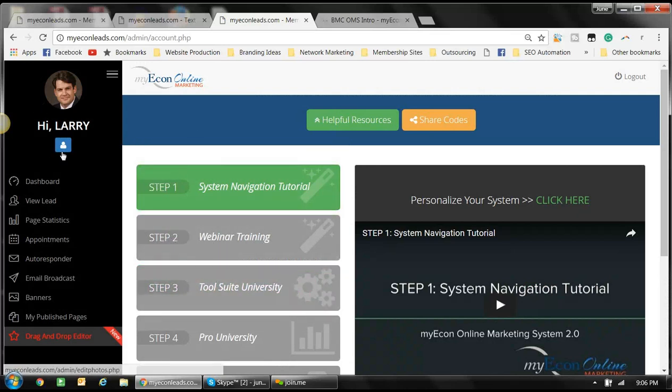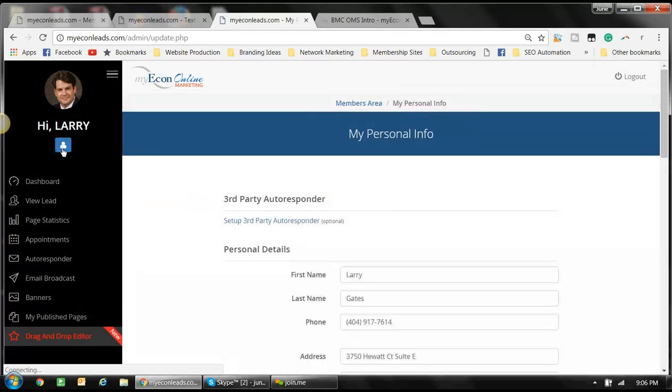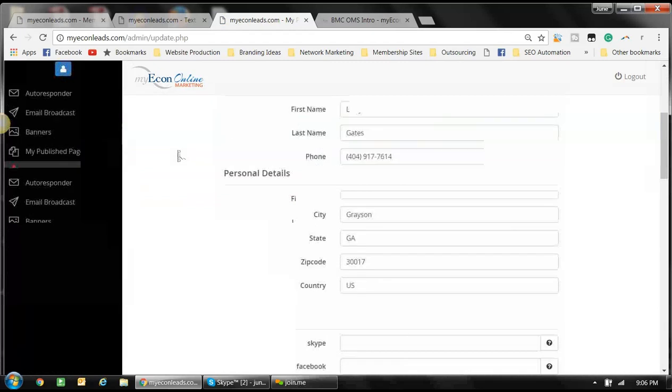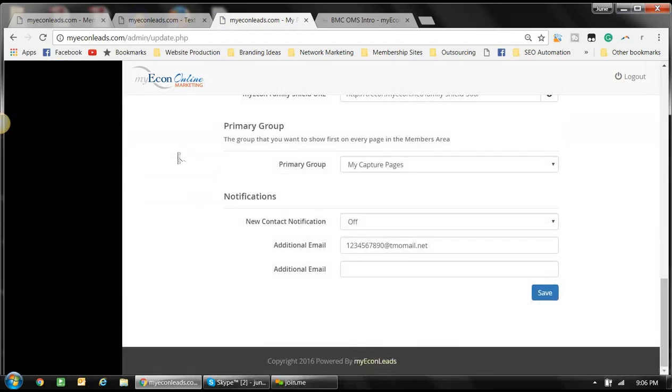Let's go back and take a look at it. We'll click on this again. We'll scroll down to the bottom. A lot of people will complain and say, well, it says off. Well, it has your phone number. As long as your phone number is listed here, you are good to go. Even though it may say off and you turned it on, as long as your phone number is listed here,